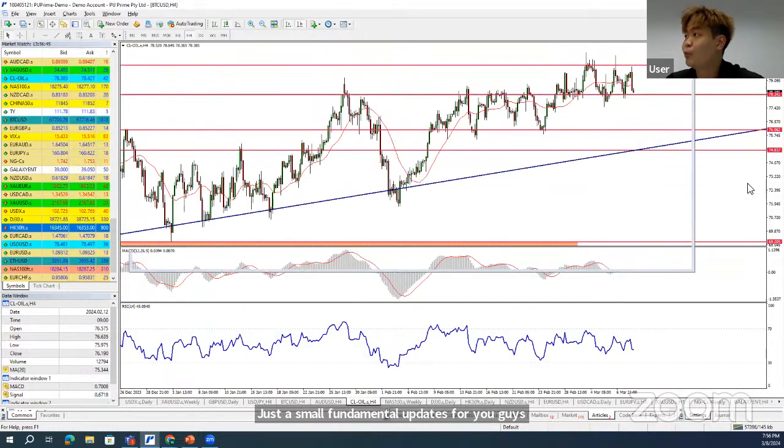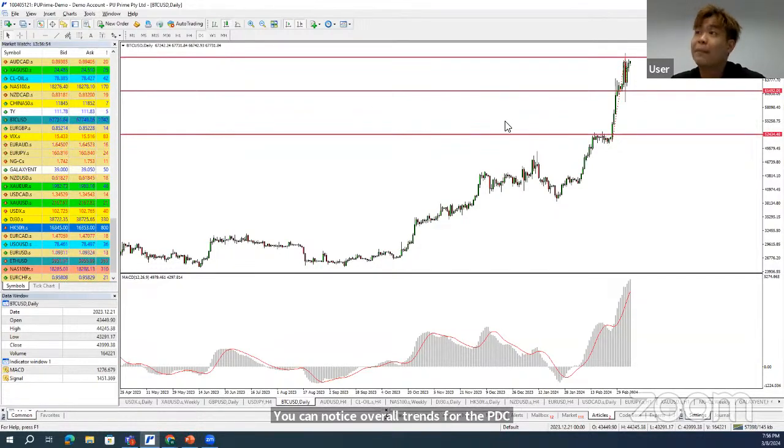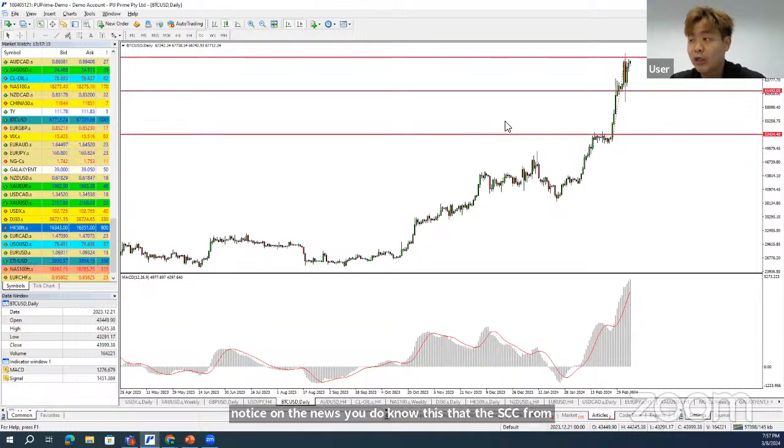Then the next big movement should be on the BTC market. You can notice the overall trend for BTC has increased aggressively. So just a short update on what happened to the BTC market recently. Fundamentally, the reason Bitcoin increased aggressively is that, if you notice the news, the US SEC approved Bitcoin to become one of the major traded ETFs. When they approve it, it means there will be chances for more institutional investors to enter the crypto market, which leads to significant demand for BTC.